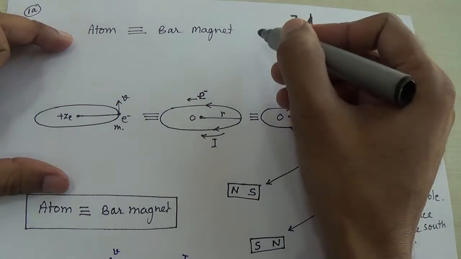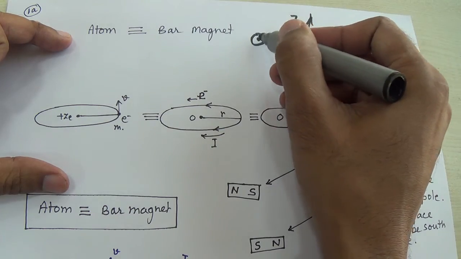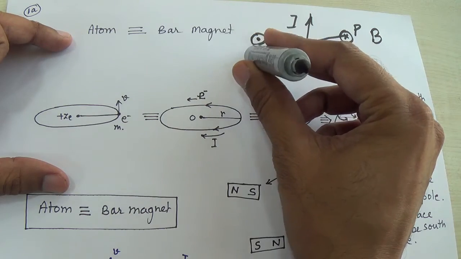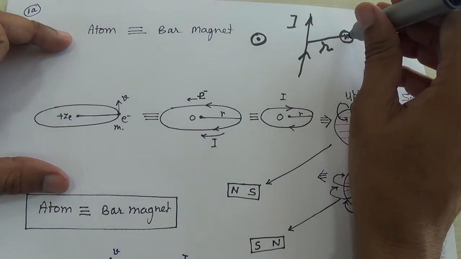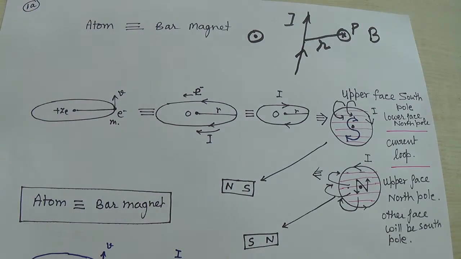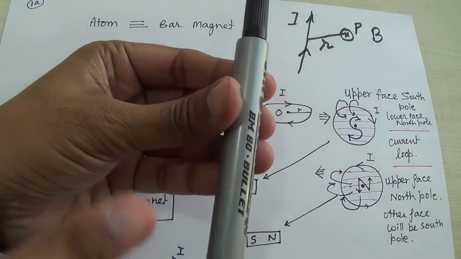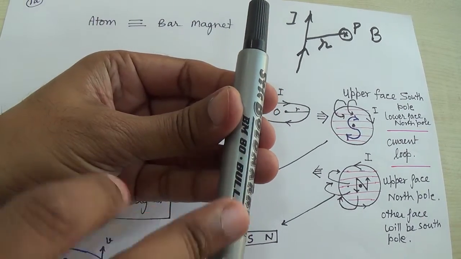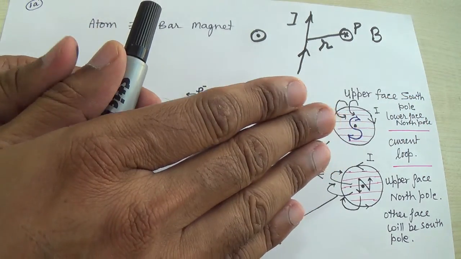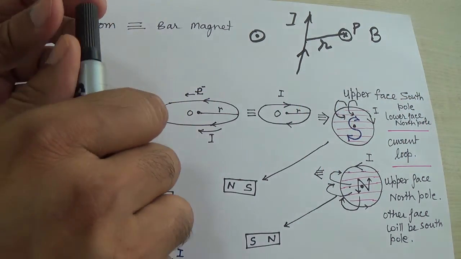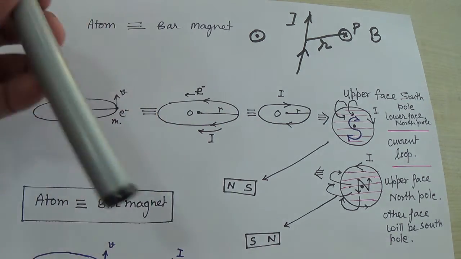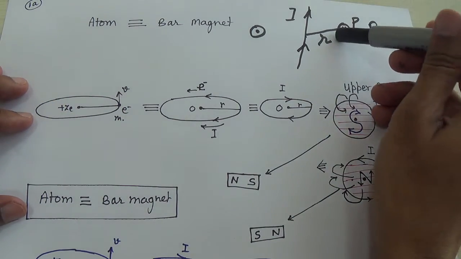So in this particular situation the magnetic field is inward, and at this point, if I measure the magnetic field, the direction will be outward from the paper. The direction will be like this one, upward, and here the direction will be downward. Suppose this is a current carrying conductor and the current is flowing in this direction. If I hold this marker like this, the rotation of the fingers indicates the direction of the magnetic field lines, and those are inwards.